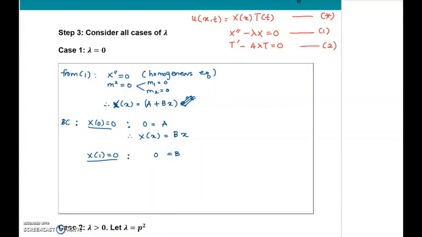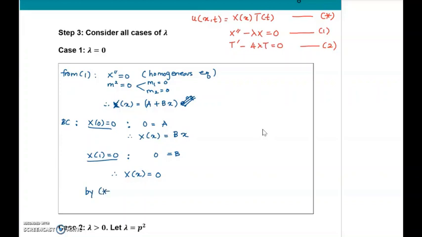So when b is 0, then what happened to our equation? Therefore, the equation here is 0, because A is 0 here, B is also 0. Okay, so we have that. So if x is equal to 0, then see the consequences to the